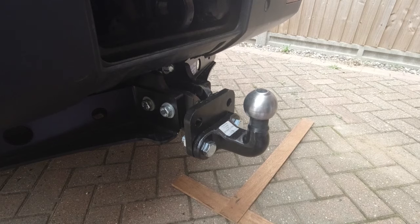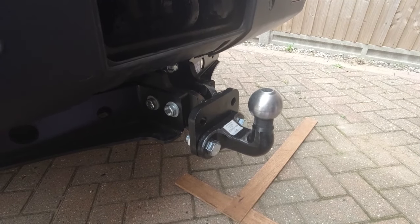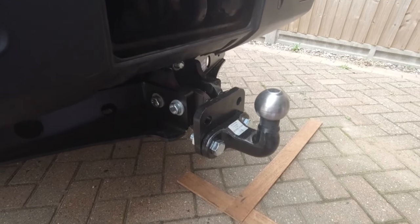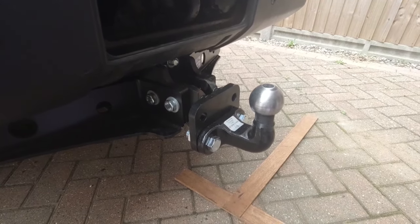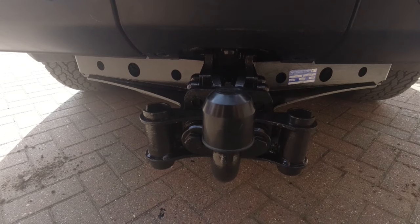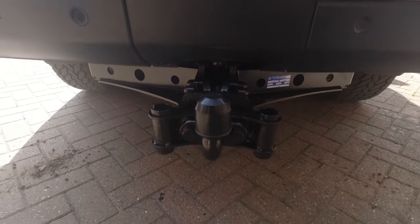So yeah, we'll get the bike rack fitted, which will obviously push it out another 10 or 15mm, and yeah, we'll see where we are. And that's the finished article. It's a bit of a beast. I've got some steel